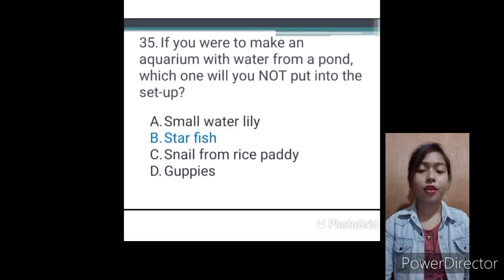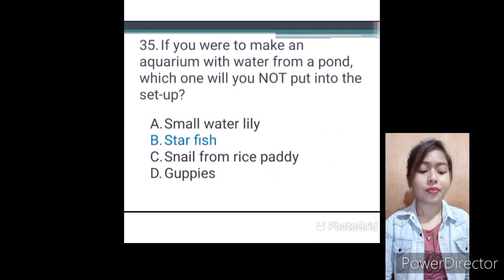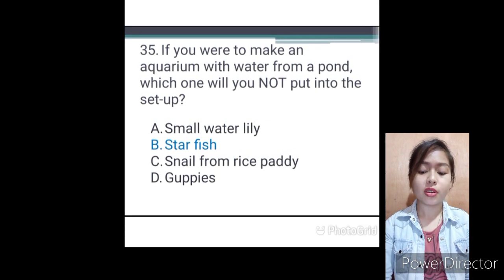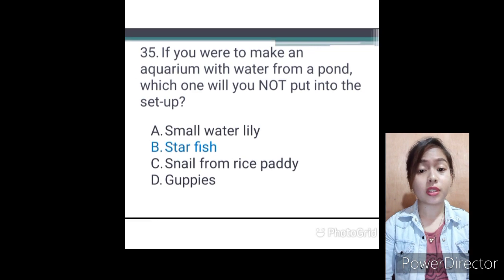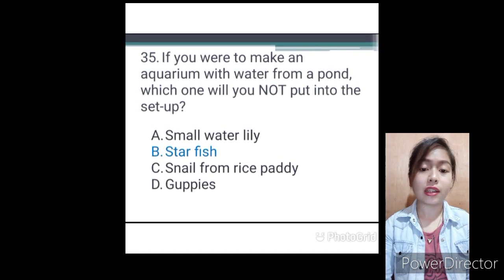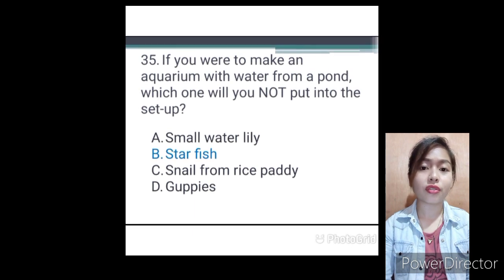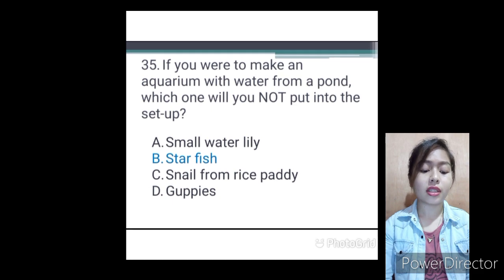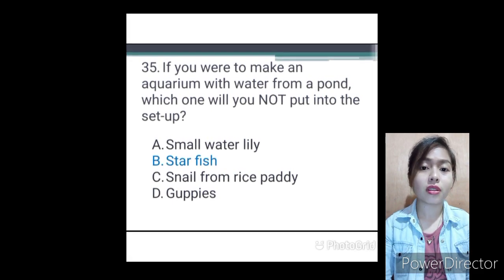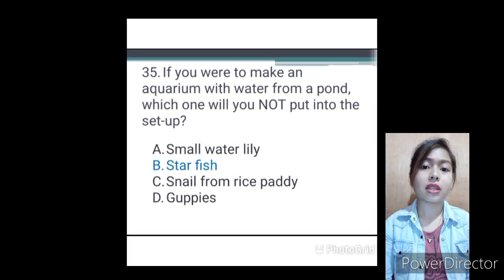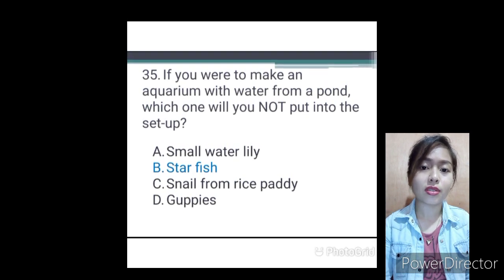Number 75. If you were to make an aquarium with water from a pond, which one will you not put into the setup? Letter A. Small water lily. Letter B. Starfish. Letter C. Snail from rice paddy. Letter D. Guppies. My answer for this is letter B, which is starfish, because the sea stars, or commonly known